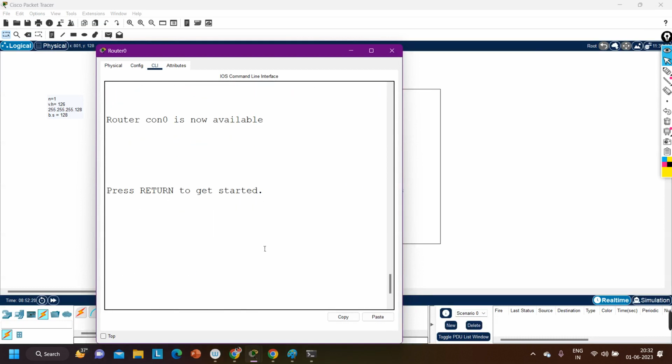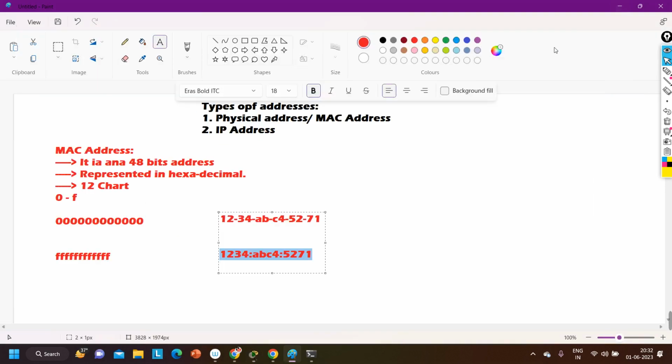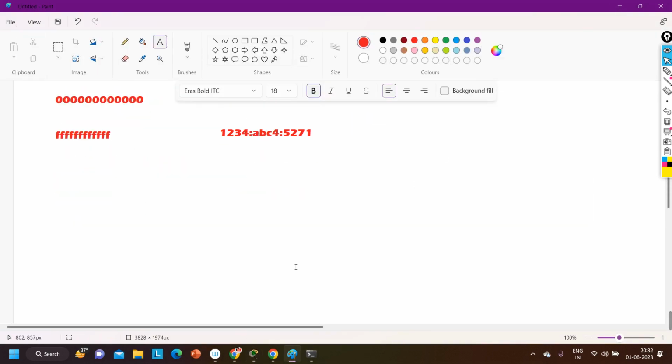So see how Cisco represents MAC address. In Cisco representation there are 3 fields. Each field carries 4 characters, and as you know all are hexadecimal characters, so each carries 4 bits. Done. Now see how we design a MAC address. So in this MAC address,